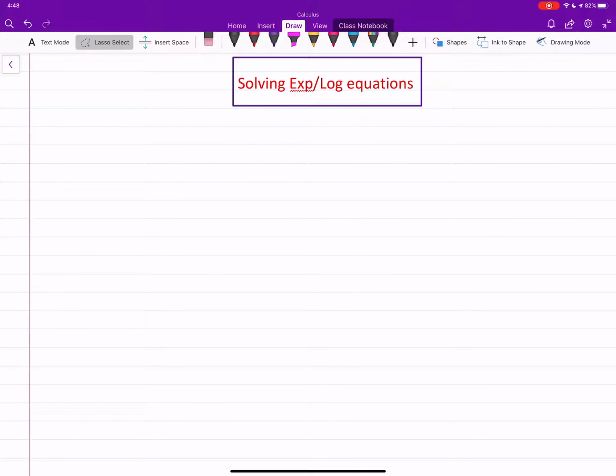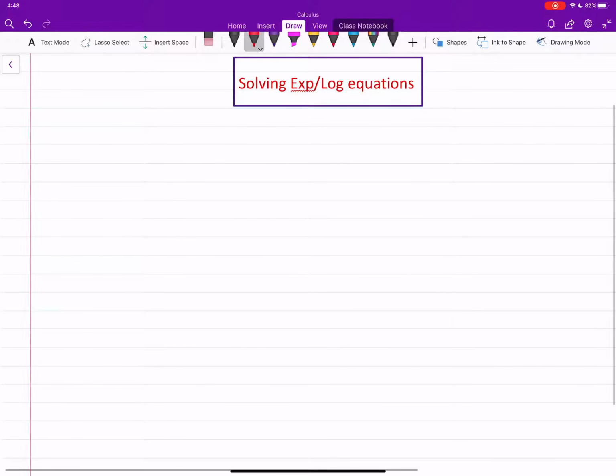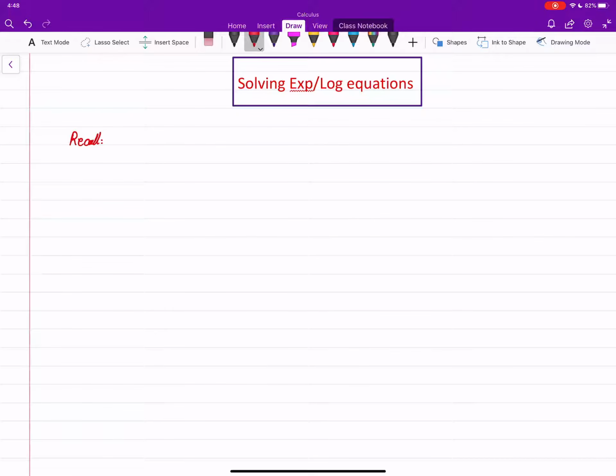Hi, in this video we will learn how to solve exponential or logarithmic equations which have exponential terms or logarithmic terms. The key point of solving these equations is that at some point we have to use the inverse function property,